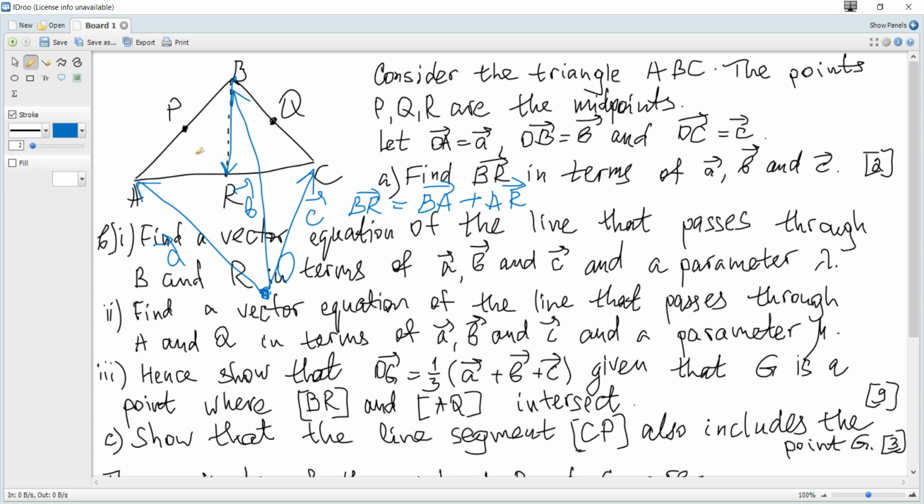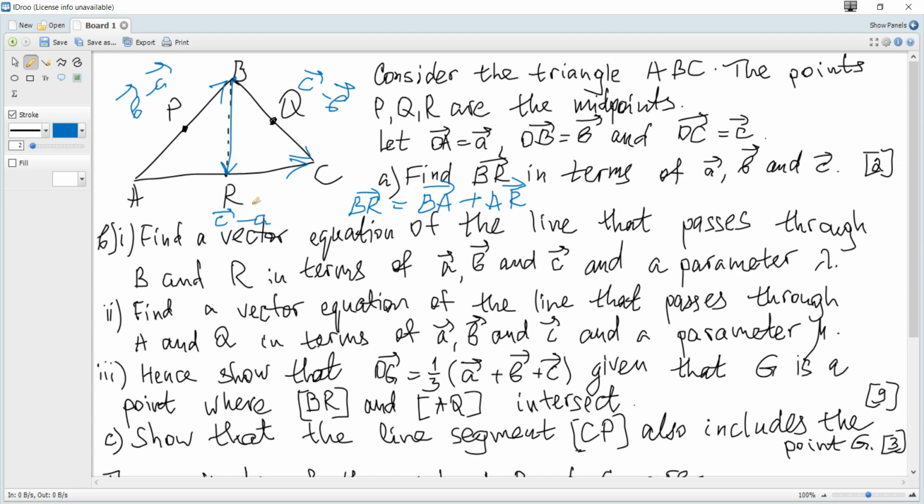It's directly the difference, b minus a, or again, if you use the triangle rule for the sum, AB is AO plus OB, and AO is minus a because of the opposite direction, plus b. So we can write that vector AB is b minus a, BC is c minus b, and AC